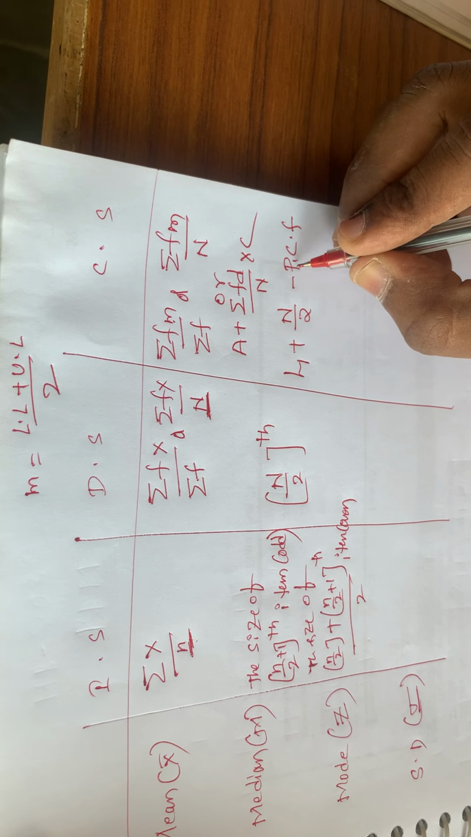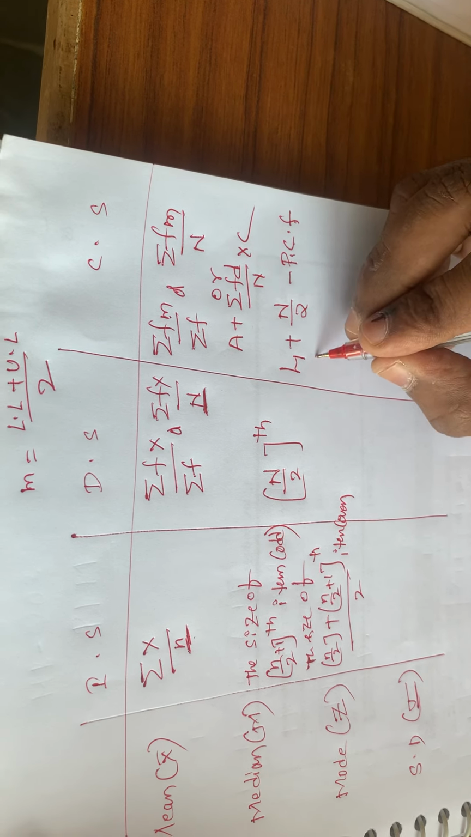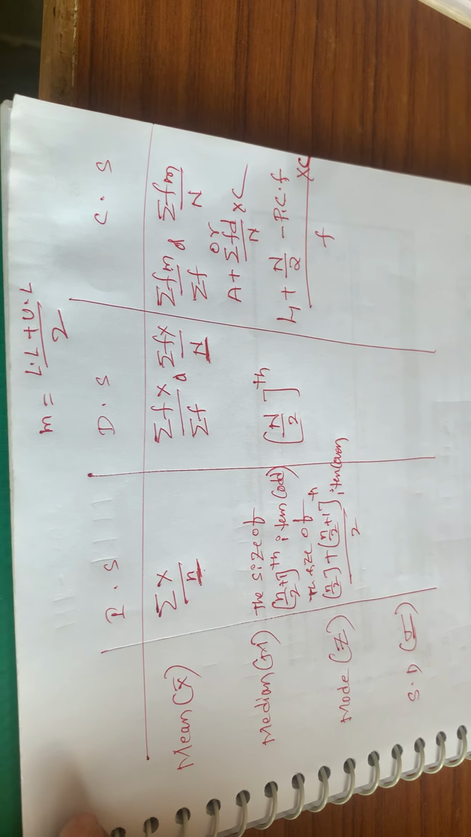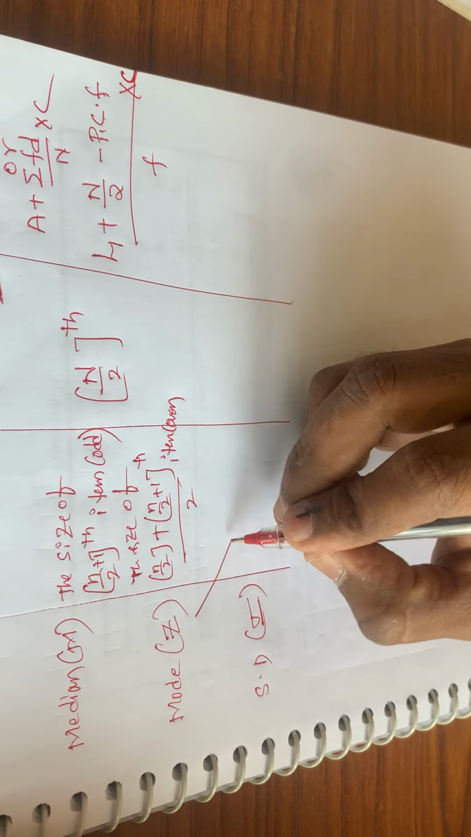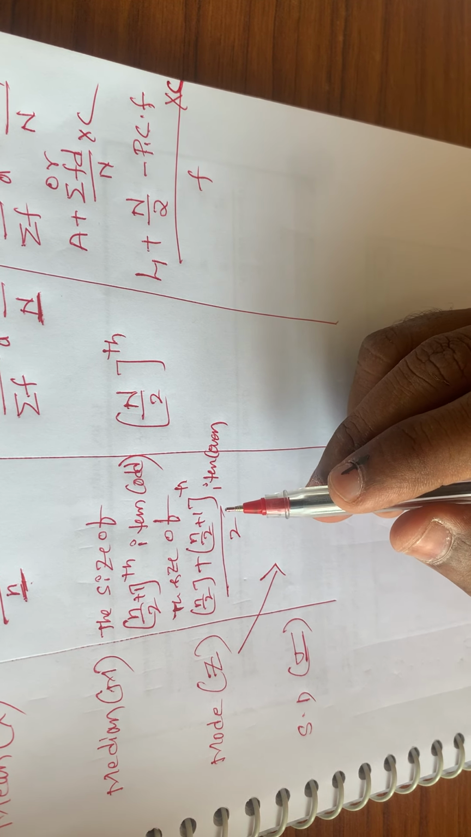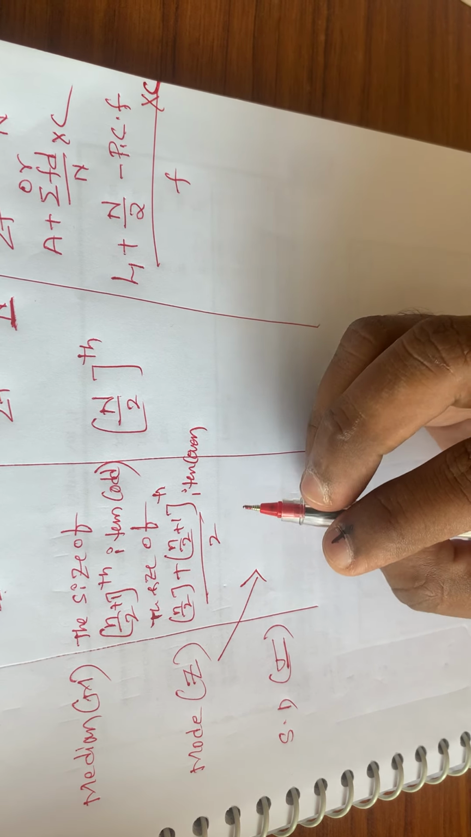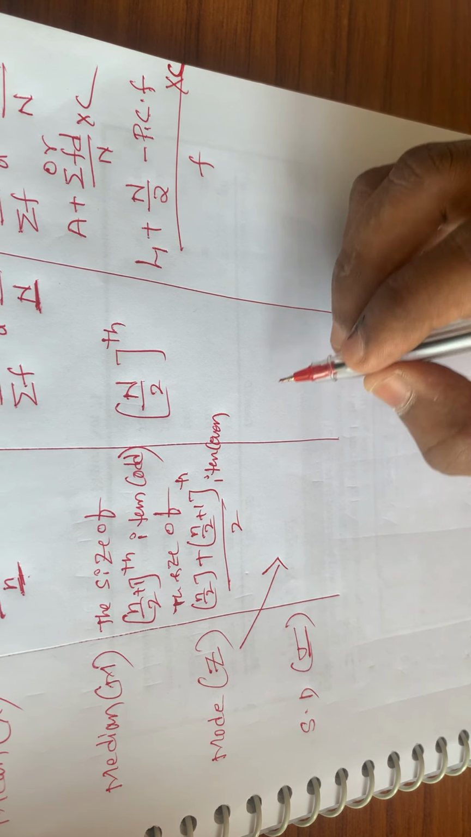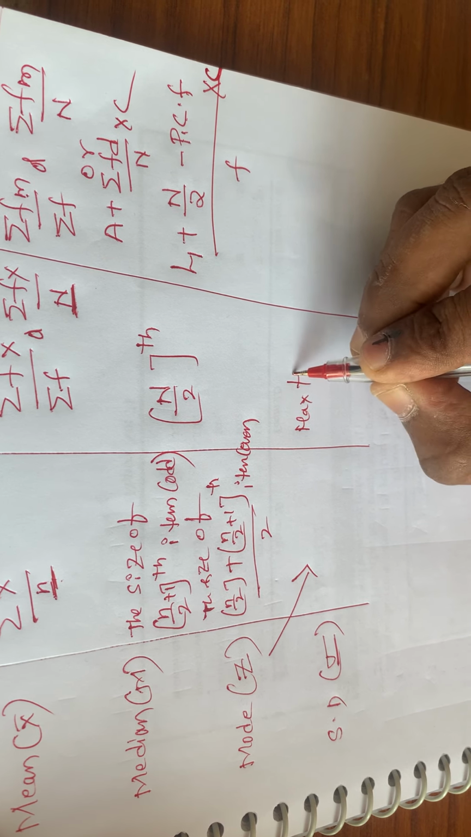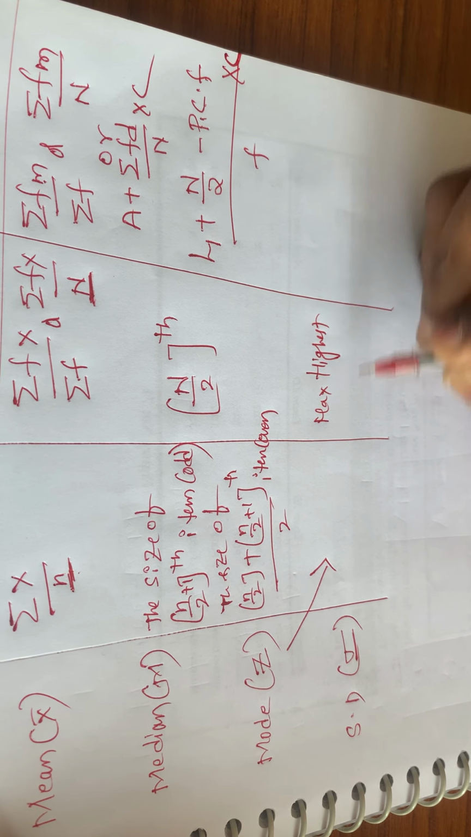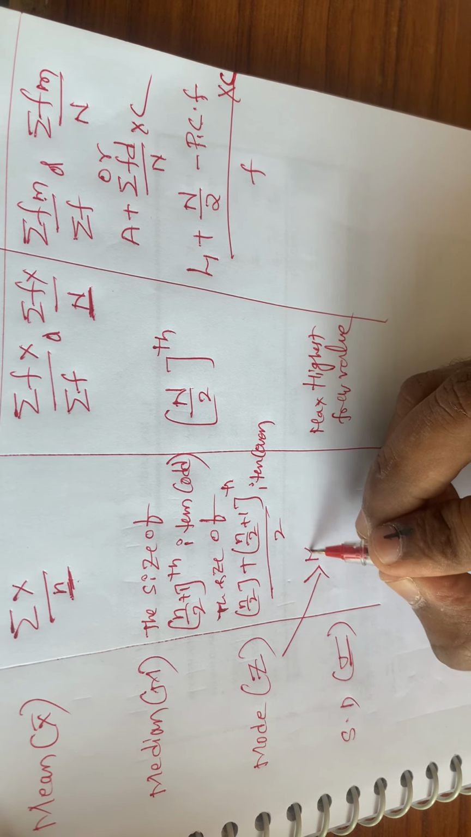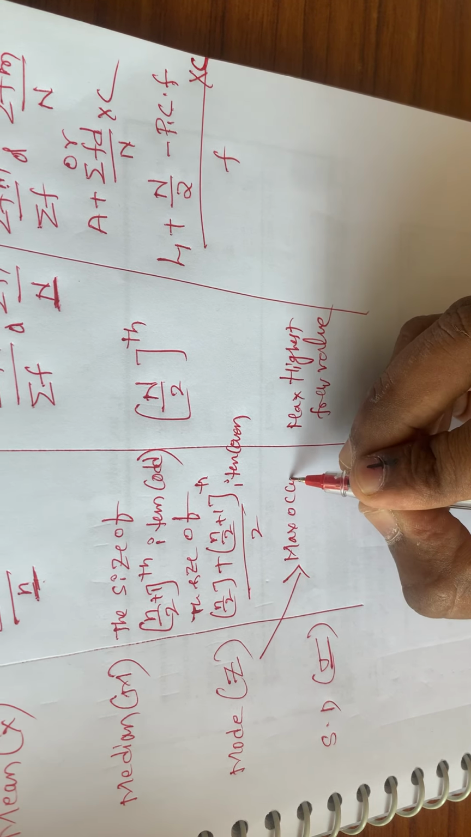So PCF is preceding cumulative frequency divided by f into C or i. So next, coming to mode. In the mode, first individual series, in the simple definition, mostly occurred value, right? In the discrete series, maximum highest value, here maximum highest frequency value, right? Here maximum occurred value,